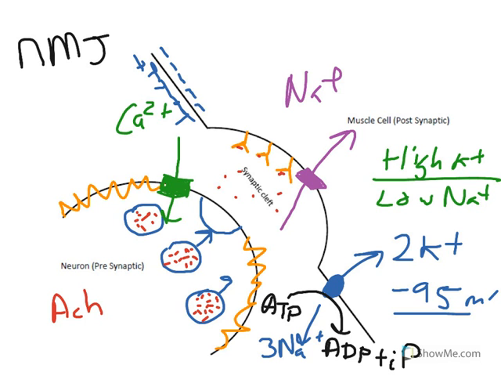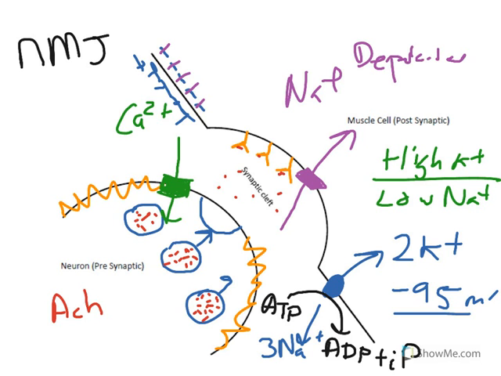Now, it comes in for two reasons. Number one, the cell was negative on the inside, and it's attracted by that negative charge, because positive and negative attract. Number two, and another very important reason, sodium is in a high concentration outside the cell, low inside. It's simple diffusion, a passive process. So it floods in. When this happens, the inside of my cell becomes more positive, and it is now